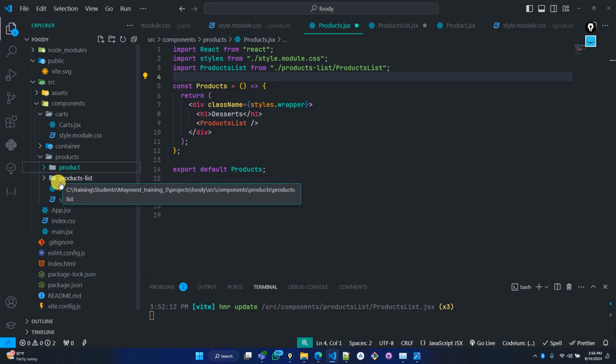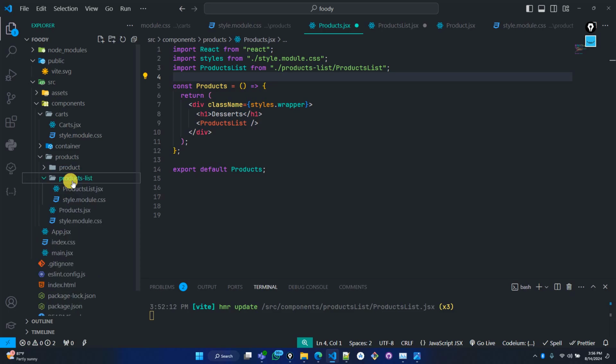If I want to deal with the list, I know that this is where all the list is being rendered. When everything is being combined together, everything has been combined together inside this list. See that this one doesn't need to know about product. There's nothing concerning about the actual product you are rendering. Its own job is just to display the list, and the list is the only thing that it is concerned